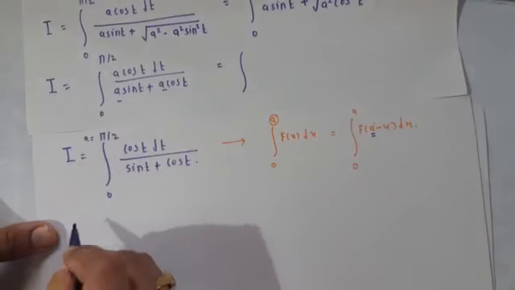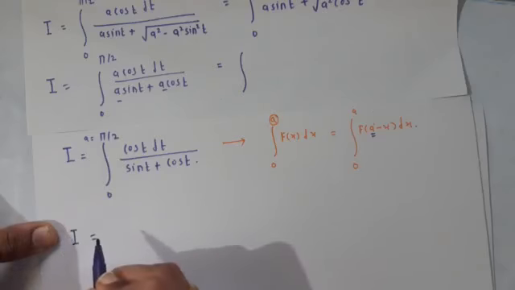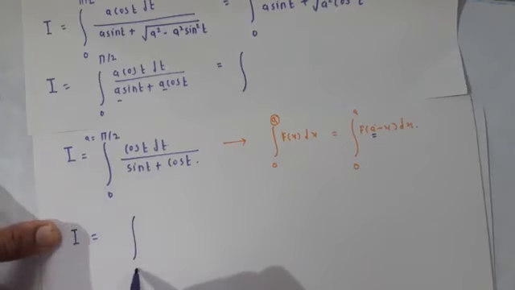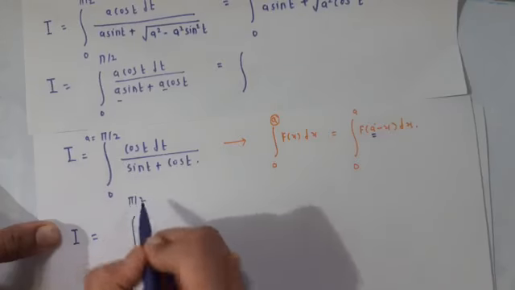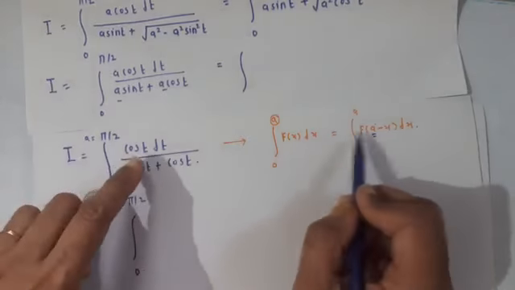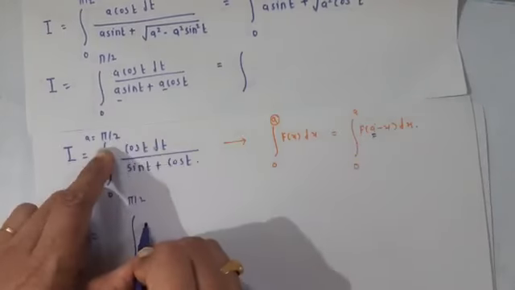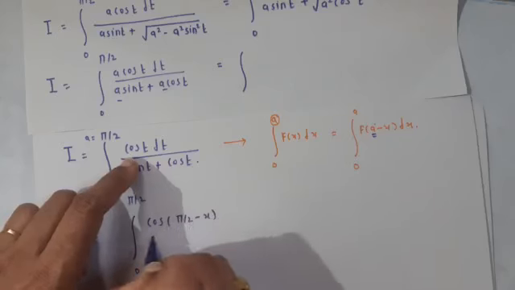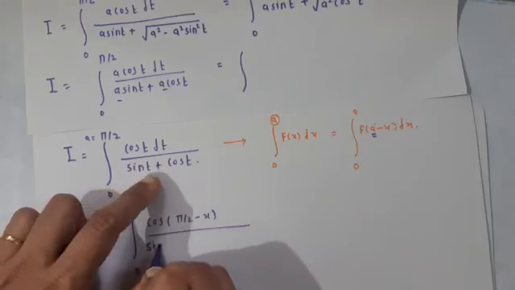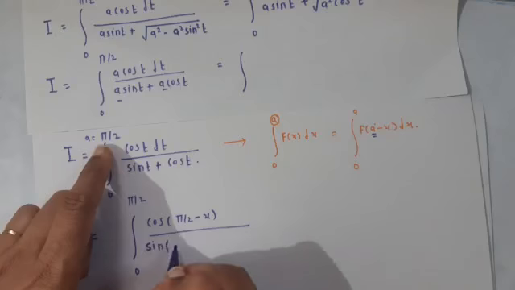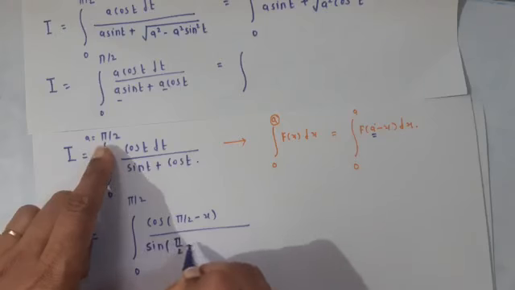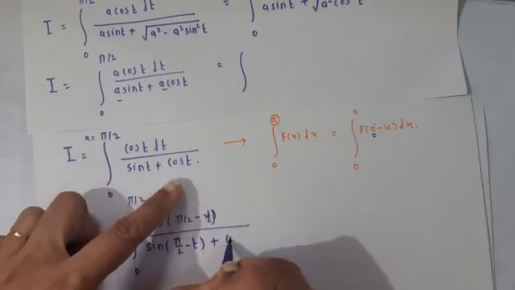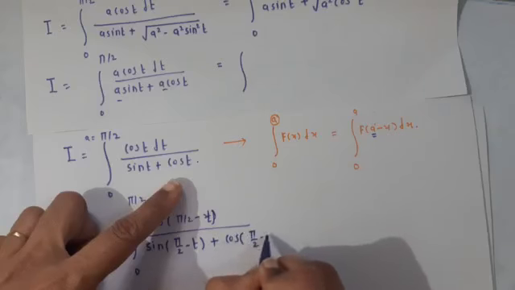Therefore, integration I equal to, by using this property we can change the integration 0 to pi by 2, and f of x we can write f of a minus x, a equal to pi by 2, and this is cos of pi by 2 minus x upon sin of t is a minus t, a means pi by 2, so pi by 2 minus t is there, not x, please correct it, and cos of pi by 2 minus t